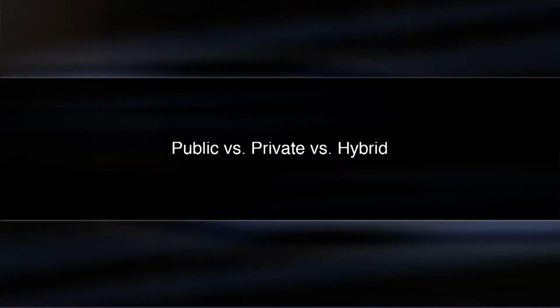Companies can run mission-critical workloads or sensitive applications on the private cloud and use the public cloud to handle workload bursts or spikes in demand. The goal of a hybrid cloud is to create a unified, automated, scalable environment that takes advantage of all that a public cloud infrastructure can provide while still maintaining control over mission-critical data. Public vs. private vs. hybrid.